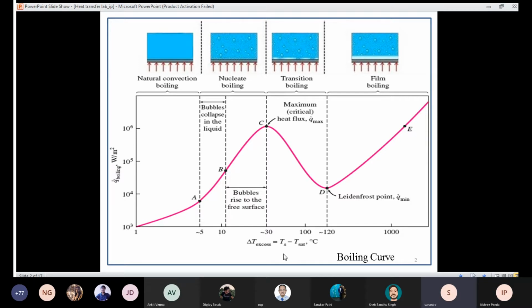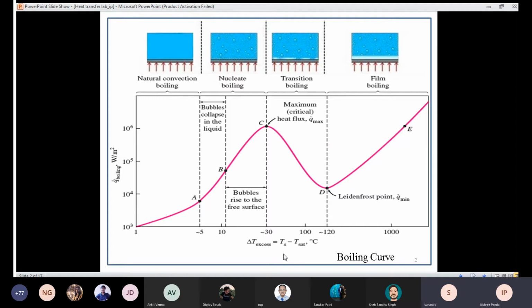So that is more or less the crux of the experimental setup, which simply says that by slowly increasing the temperature difference, which is the potential for heat flow from the wire to the surrounding fluid, the heat flux should follow a path like this. Qualitatively, we would probably be able to predict this if we could measure everything correctly.